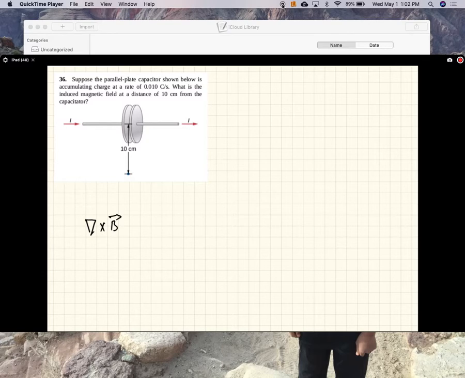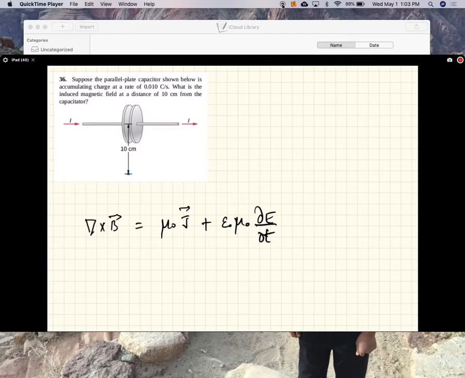The curl of B is equal to mu naught J plus epsilon naught mu naught del E by del t. Okay, so this is what we're going to use. J is,